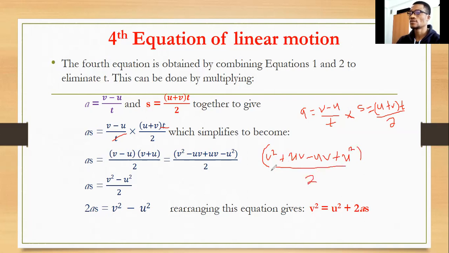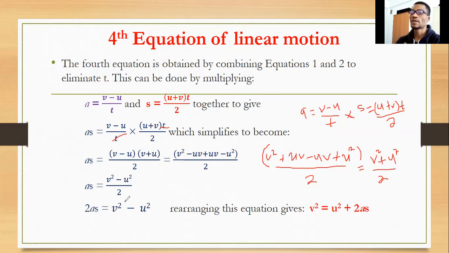Don't forget as is equal to this. So when you further rearrange these guys, you have v square. So let's see what happens. uv minus uv, these guys go. So we are going to have something like this. So equal to v square, okay, plus u square left, right, divided by 2. Which means, of course, here we have as equal to v square minus u square divided by 2,